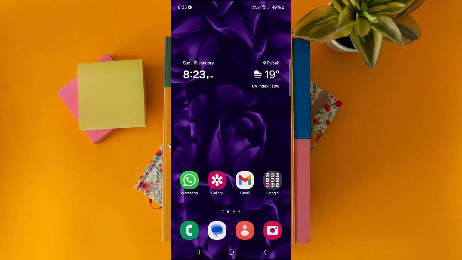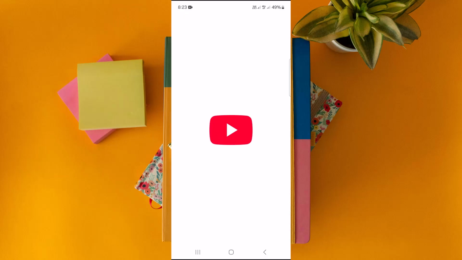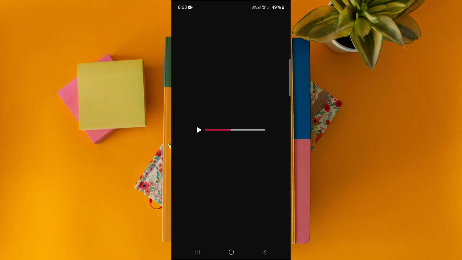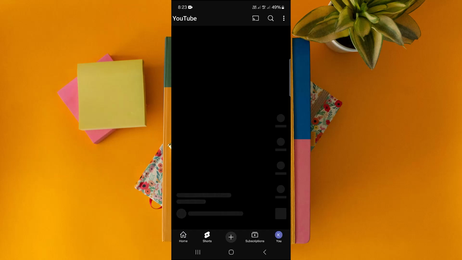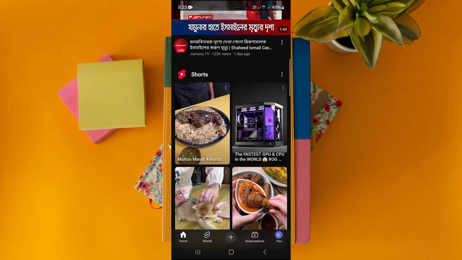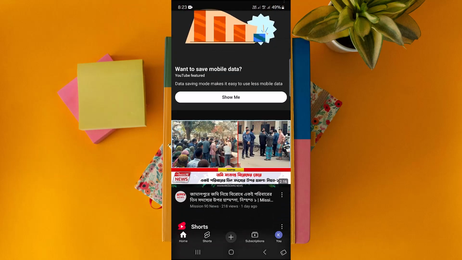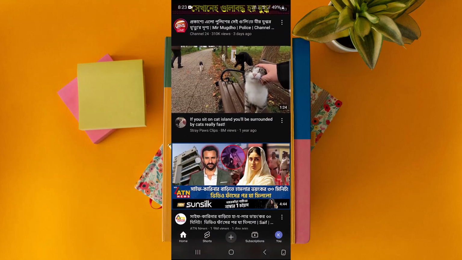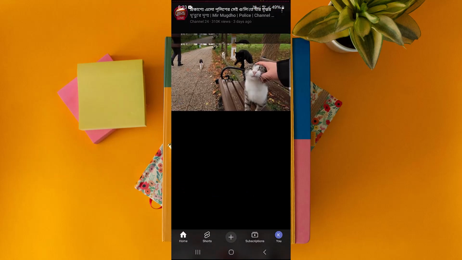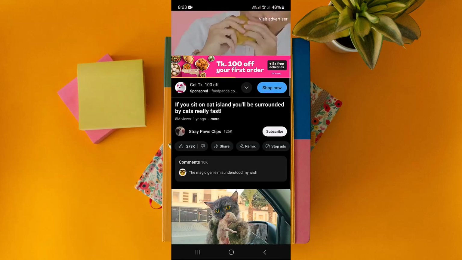In today's quick video, you're going to see how to put video on repeat on YouTube. So to do that, head over to your YouTube application. Once you're there, make sure you have logged into your desired account and then head over to any video. Like, let me go to this video. And if I want to just keep it on loop,